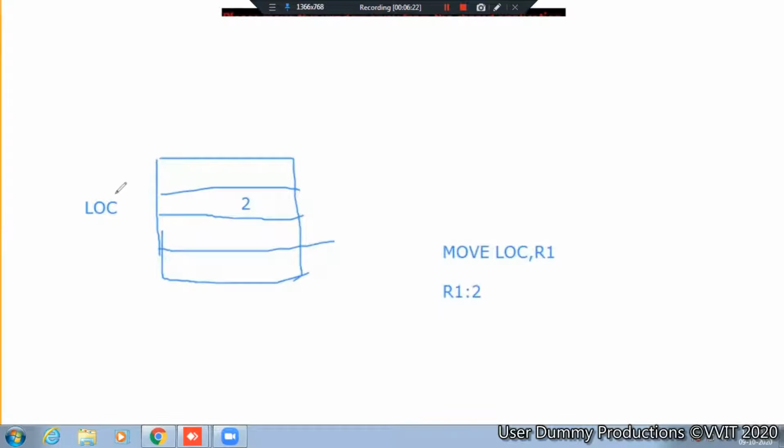From the memory location, we have to fetch it and place it in the register. See here, move LOC, R1. LOC is the address of the memory location. What is the content of LOC? 2, ma'am. That will be placed in R1, ma'am. That's all.